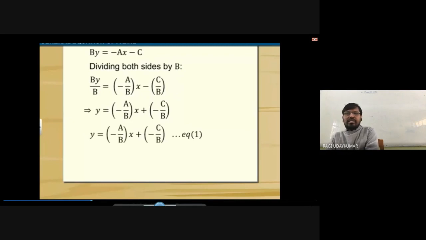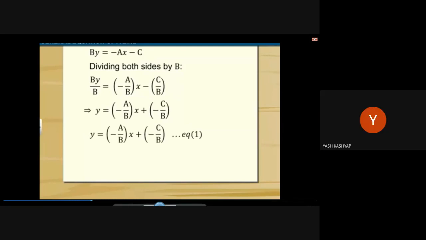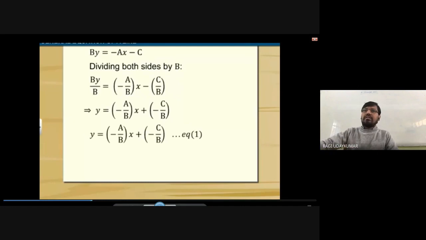Y-intercept is nothing but where it is touching. Suppose I have given this question to you, and I am asking at what point this line is intersecting the y-axis. If I am asking that, what do you have to write? On the y-axis the x coordinate will be 0, so 0 comma minus c by b, because y-intercept is equal to minus c by b. Okay,